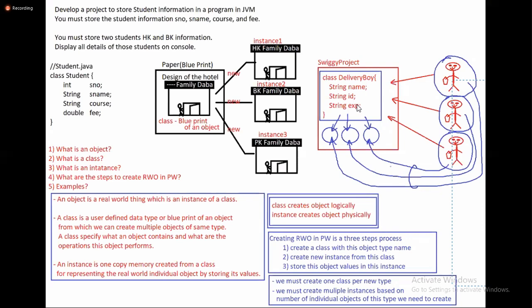Any number of things you write, same story. What is the same story? Find one real-world object, create the class, create an instance, store the values. While storing the values, you have to take care of some validations and calculations. Okay, if this is a day, then this much; this is the way, this much. Some validations, calculations, some functionalities will come, but the basic architecture is the same. Can I hope all people got clarity?